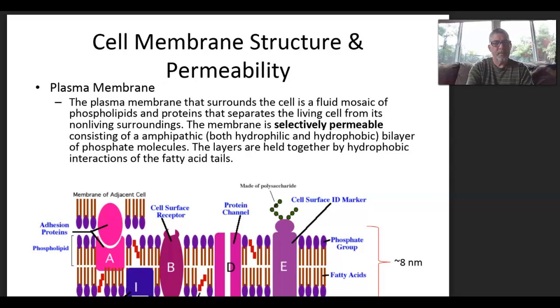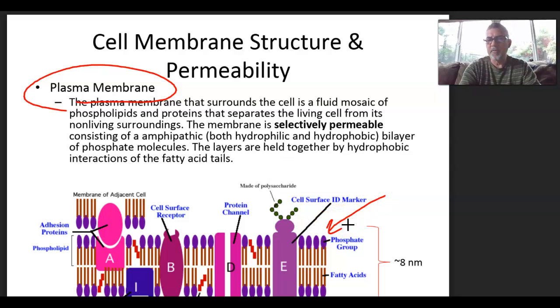All right, so today we're just going to review a little bit about cell membrane structure and permeability. These are things you need to answer the FRQ that I've assigned for you this week. So, if you remember the plasma membrane, plasma membranes surround every cell in your body. So the important things that we need to